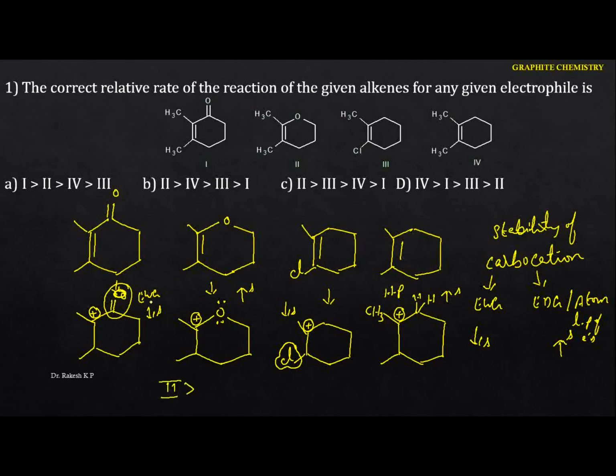So next one, here we are having electron withdrawing. Here also we are having the electron withdrawing. The stability will decrease. Okay, and now we have to identify which is the next one, which one is more stable. In this case we can identify the hyperconjugation. Hence the fourth structure will be the most reactive one.